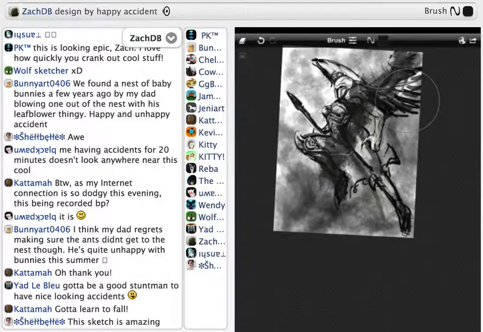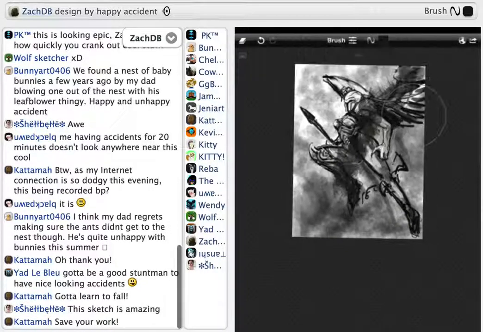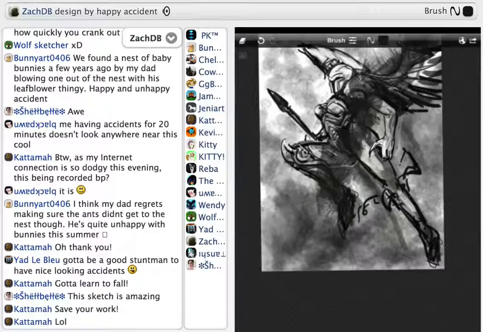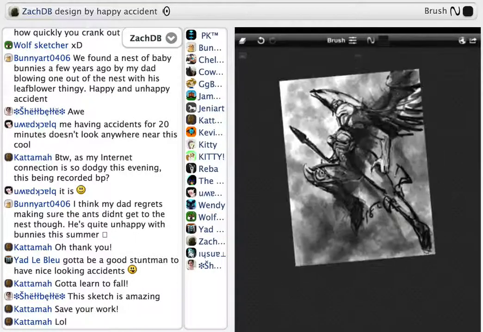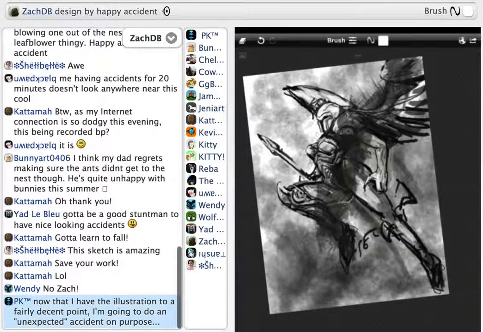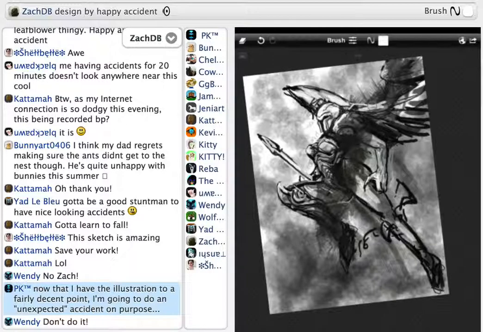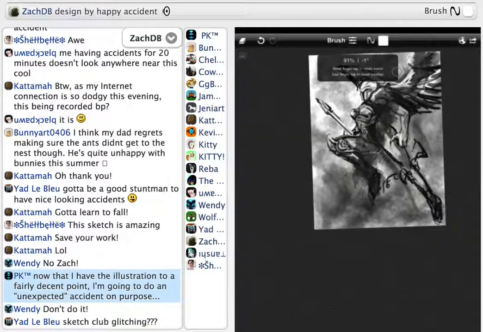So let's just say Sketch Club glitches out and it really screws with your painting, and I'm going to show you how, with the right design ideas in mind, you can recover from it and make it actually better. So, here goes me screwing up things on purpose by accident, if that makes any sense.